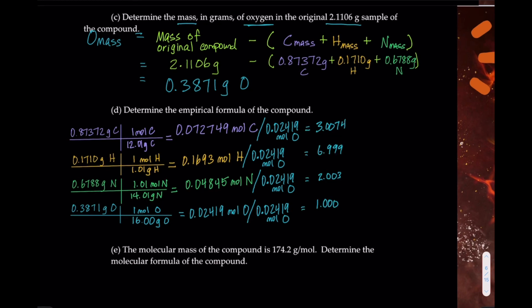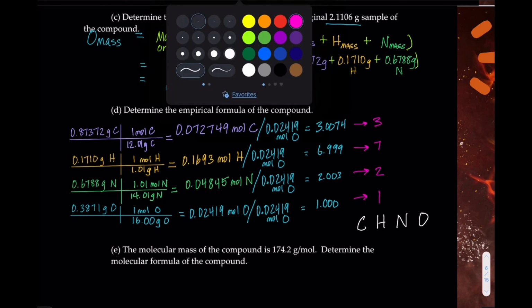After examining the results of our division, you can see that for carbon, we can take the ratio and just round that to a 3. We can take 6.999 for hydrogen and round that to 7. And 2.003 can be rounded to 2. And then 1 just remains 1. These values here in pink will be the subscripts for our empirical formula. You don't have to write a 1 next to the O. It's just understood that when there's no subscript there, it means that there's 1 atom present. So this is the empirical